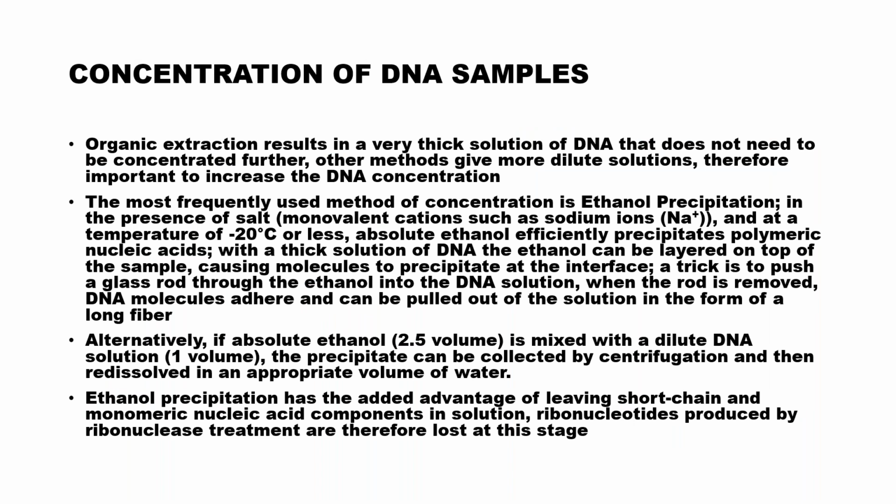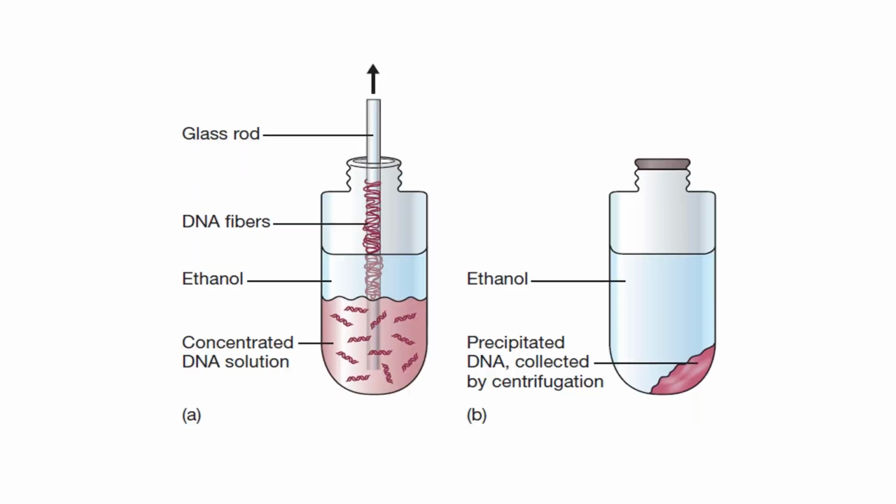And another thing we discussed in the last class. Even if we go for organic extraction, we will get a concentrated DNA sample, but there are various methods where you will get more dilute samples. In the case of a dilute DNA sample, you have to concentrate it by the ethanol precipitation method, so that you will get DNA in the purest and concentrated form, which can be further used for your cloning experiments. For that you are using absolute ethanol. So that is the concentration of the DNA sample. We have discussed this in the last class.